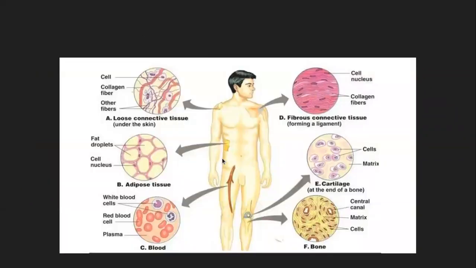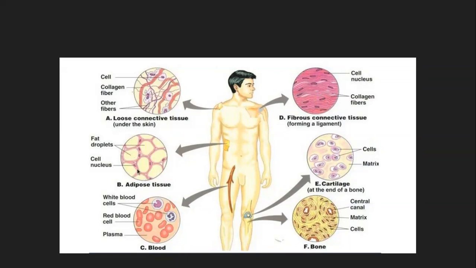I guess I have a diagram here. Yes. So just to show you different examples in picture here. So around the shoulder, what you have is this collagen fiber, which is one type of fiber from the connective tissue, and there is this loose connective tissue in the shoulder region, right around the collarbone and the shoulder joint. So that is the loose connective tissue which is right below the skin, right?